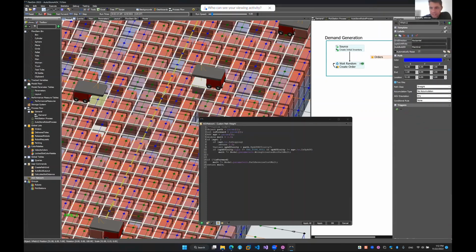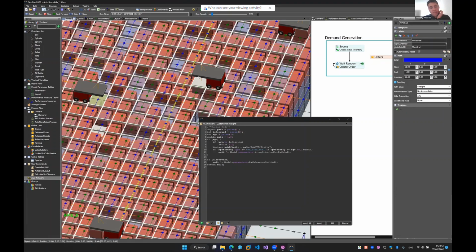So these are the ones with the up AGV affinity of 1: this path and this path and this path. And then the other ones have an up AGV affinity of 0. So this path,